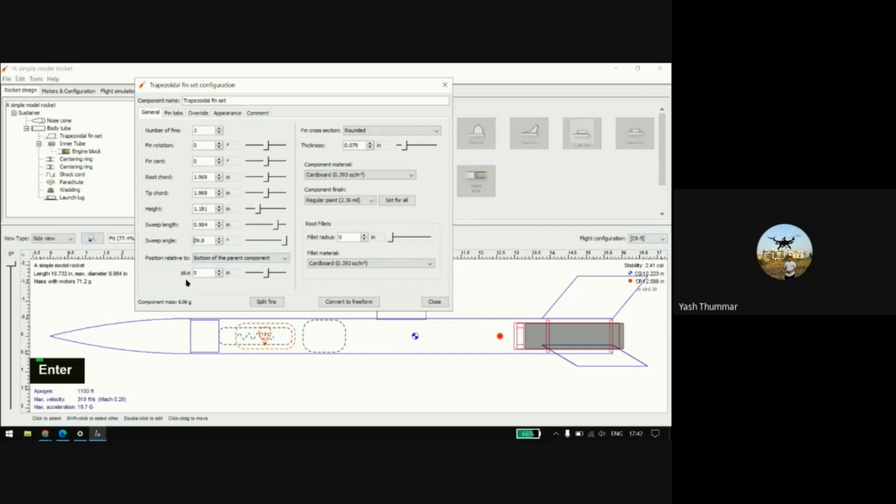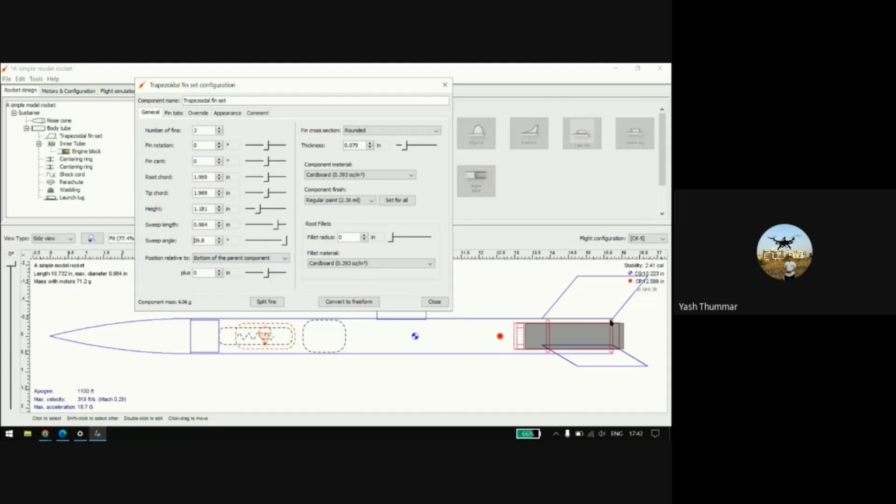Now there is the position, relative to something. You need to define the position, up and down. Now it's zero and completely at the bottom, relative to the bottom of the parent component. The parent component is the body tube.